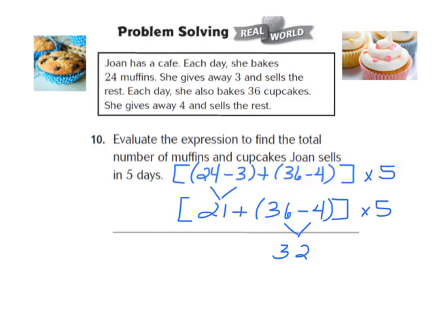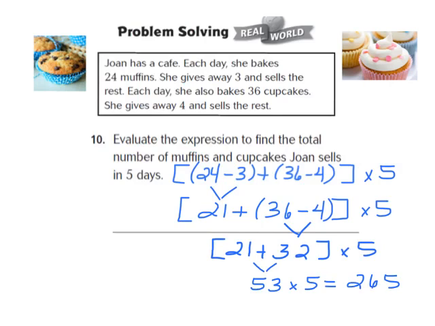So I'm now going to rewrite the problem. In my brackets, I have 21 plus 32, and then outside the brackets, I have times 5. Now, I've taken care of what's inside the parentheses, so now I'm going to work on what's inside the brackets. So I'm going to add 21 plus 32, and when I do that, that takes me to 53. Now, my last step is to multiply 53 times 5. And when I multiply 53 times 5, that's going to give me